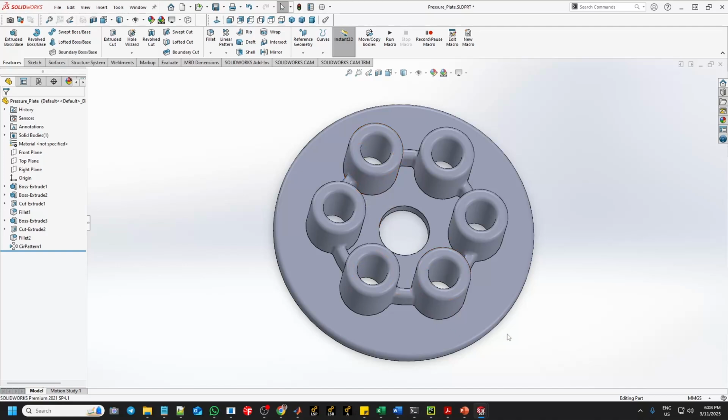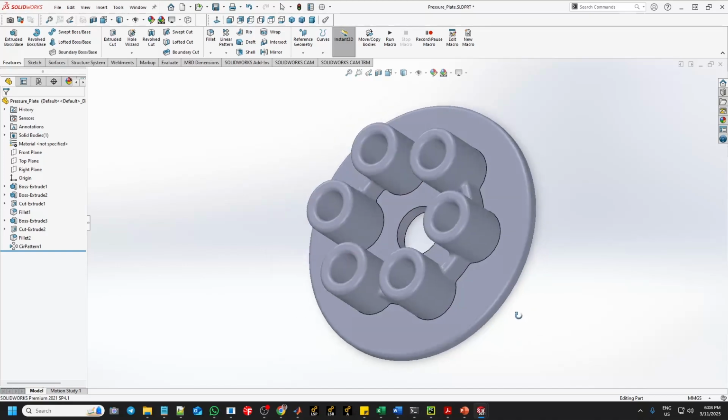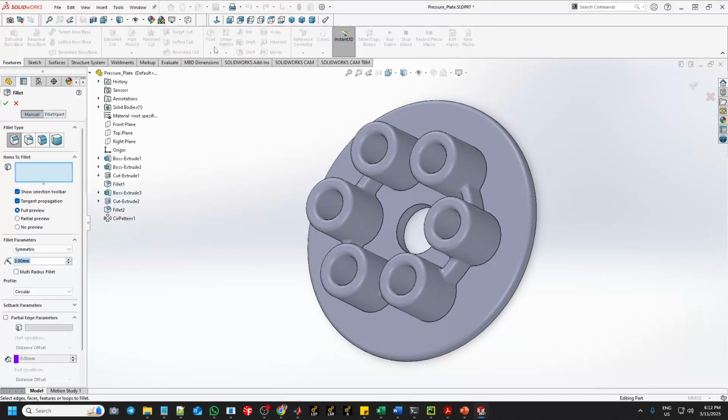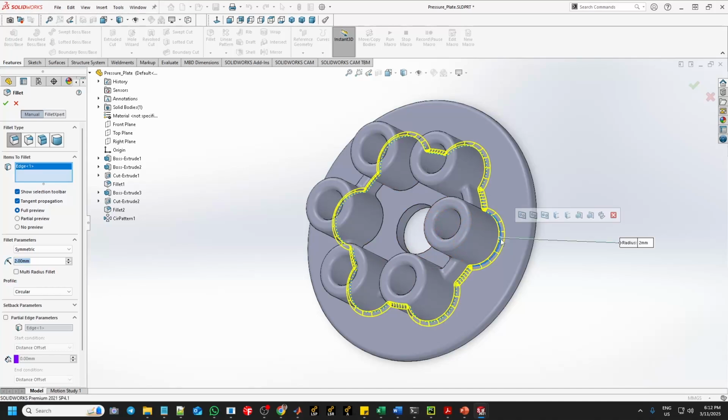Select 2 edges. Let me show you. Okay, in the next part, we again go to the feature and fillet and select the 2 edges, one of them here and one of them is the inside one,